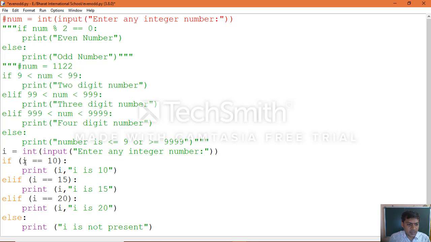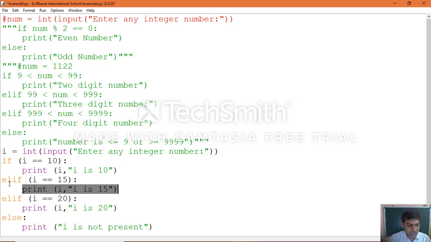So here what happens: if this condition becomes true, this statement will execute. If this condition becomes false, then it comes to the elif condition, which says if this condition is true, then this statement will execute.